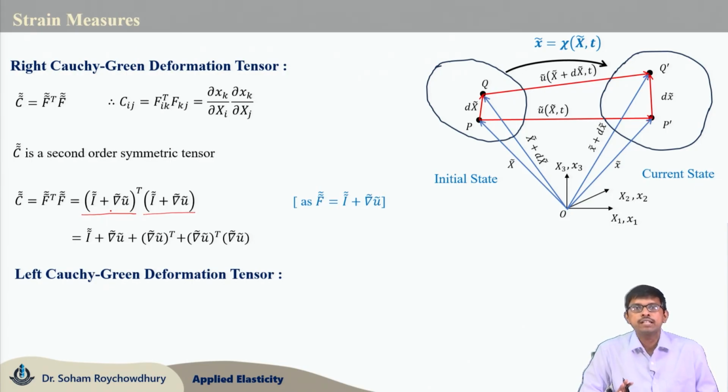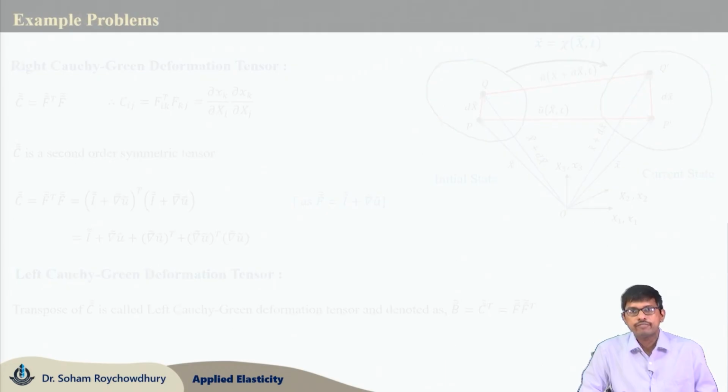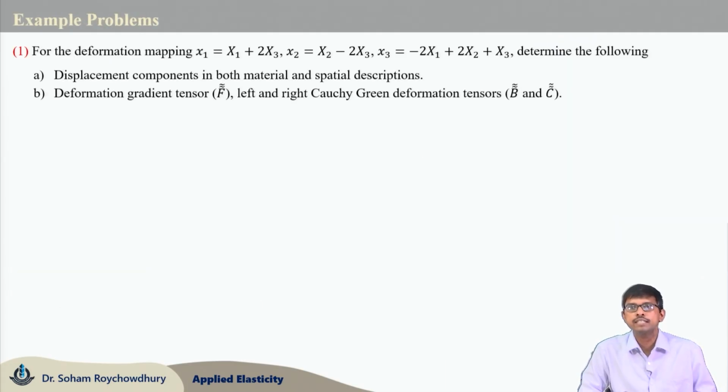In the same fashion, we can define another deformation tensor, named the left Cauchy-Green deformation tensor and denoted by the B tensor, which is nothing but F times F transpose. So, the right Cauchy-Green deformation tensor C is F transpose F, whereas the left Cauchy-Green deformation tensor B is F F transpose. Now, with these definitions of the deformation gradient tensor and the right and left Cauchy-Green deformation tensors, we will try to